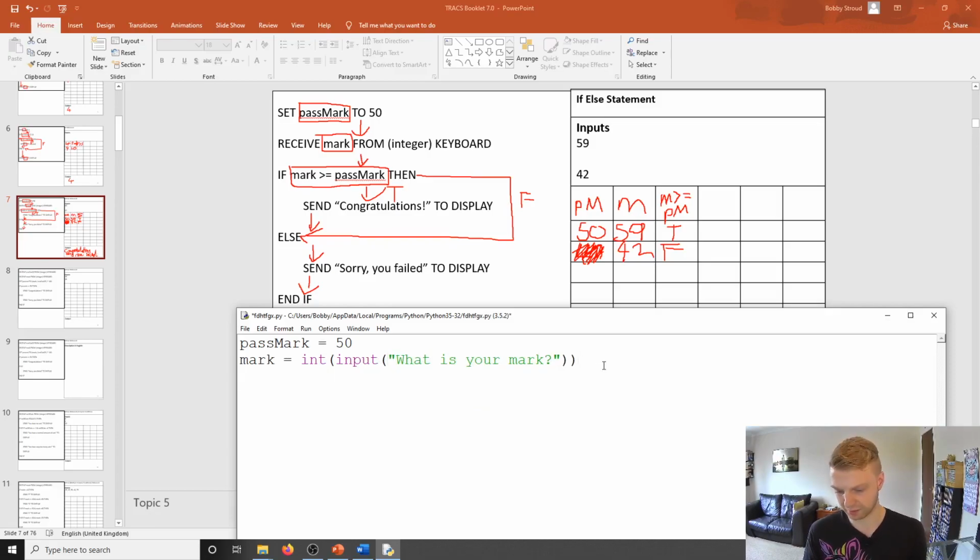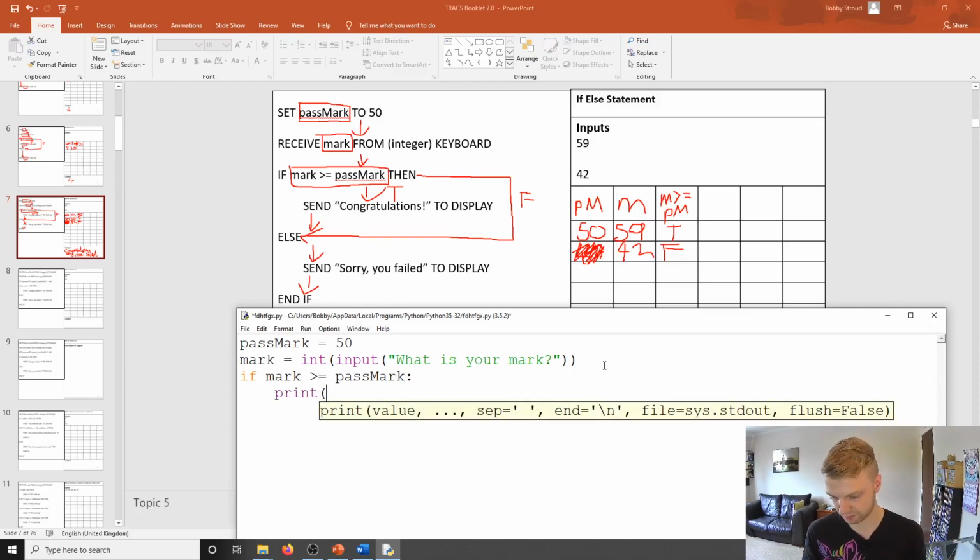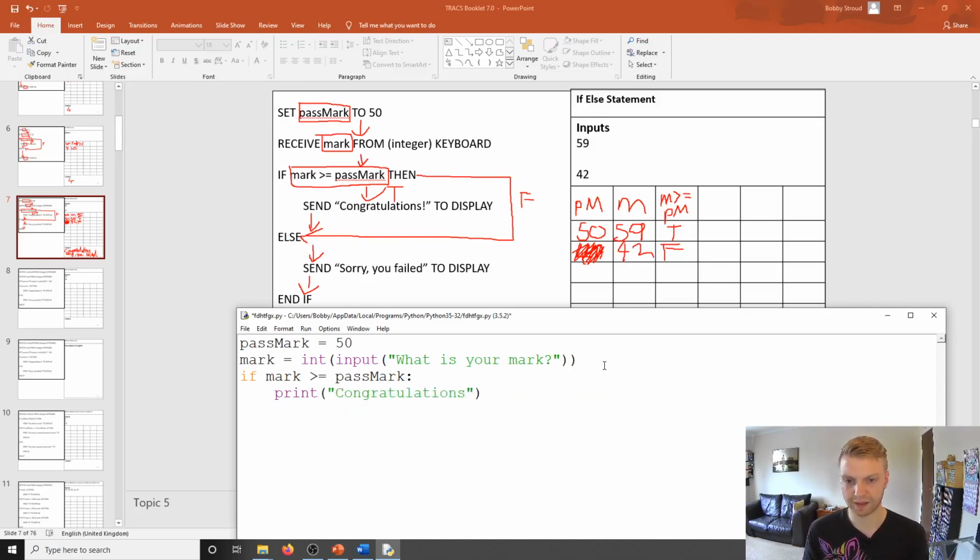And then we just write if mark is greater than or equal to pass mark. Remember, then is just a colon. And then you write print. So send is just print, and make sure you put it in quotes. Print congratulations. And after that, we dedent, you write your else bit, and you write print